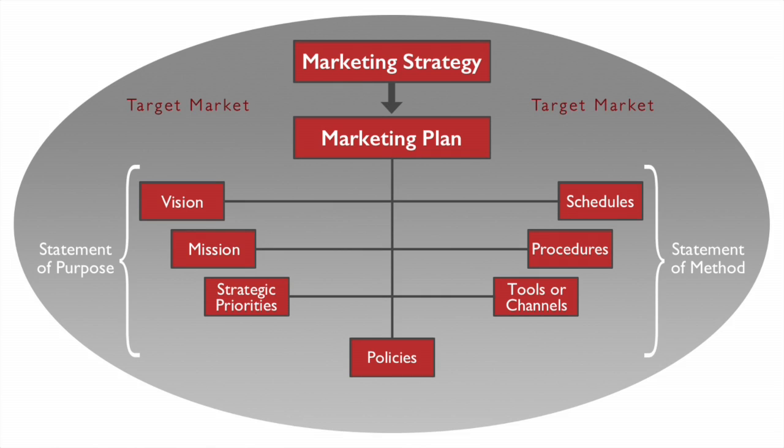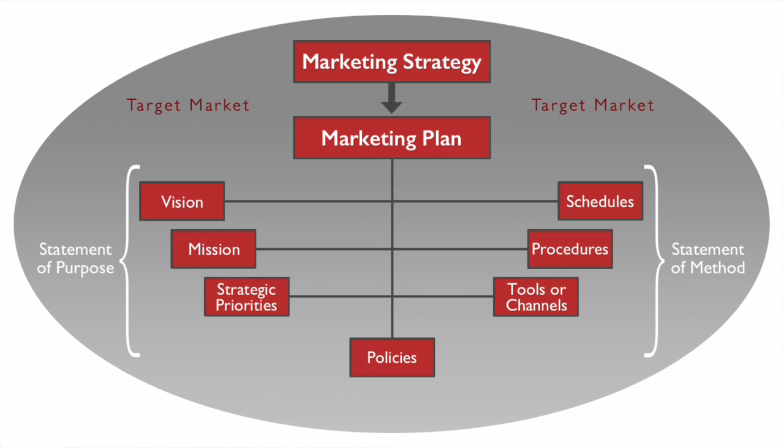Starting at the top of the diagram, you'll see the term marketing strategy, and then there's an arrow down to marketing plan, and then you've got your target market. So a marketing strategy is just your big picture set of activities or set of actions that you're going to use in order to accomplish this objective of letting people know about your organization. So how are you going to let people know about OACETT? So the strategy are the overall principles that are guiding what you do. And then those get put into place or put into action through a marketing plan. And then all of this happens within the context of your target market. Okay? So that's the big picture idea of marketing.